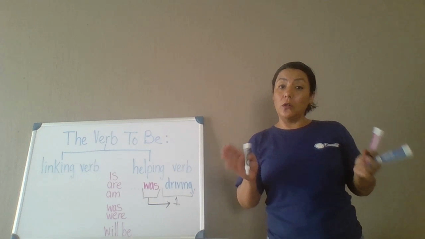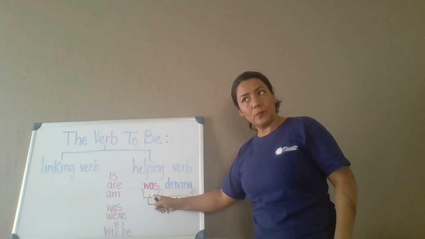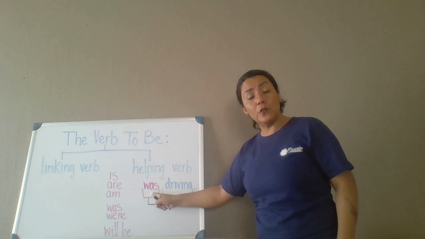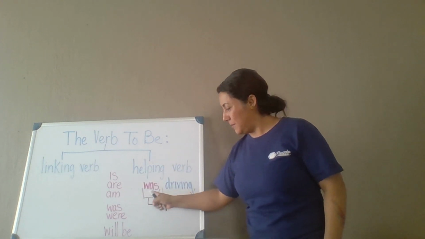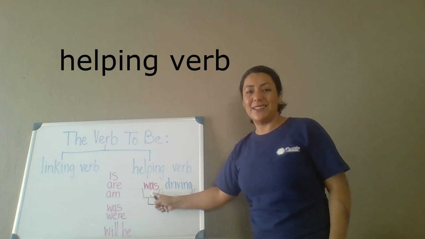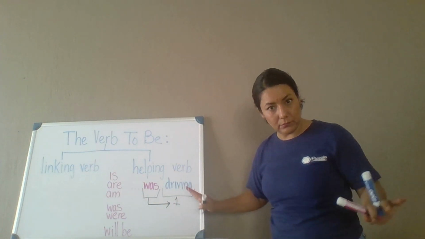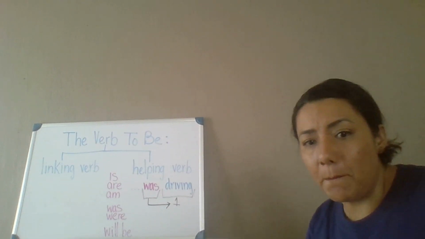So our conclusion is when there are two verbs in the sentence and one of those verbs is to be in any of these forms, to be is acting as a helping verb. Okay? Now, in that same page,